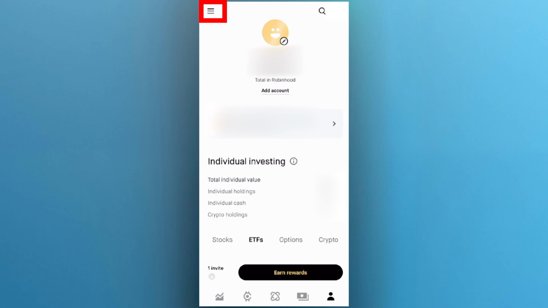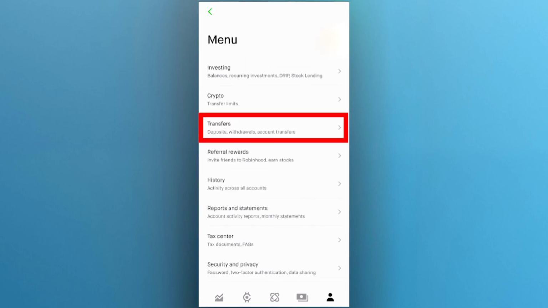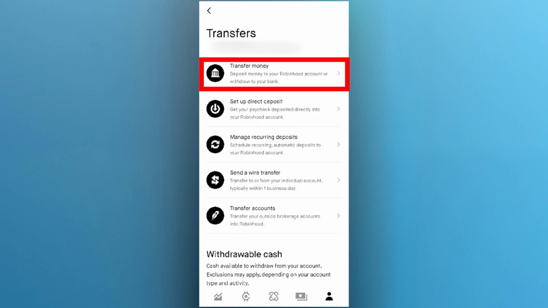Now, when you click on this three-lined icon, it is going to take you to another page where you will see the menu. In the menu, you'll have to simply click on the transfers option, that is the third option from the top. After you click on transfers, it is going to show you this page where it says transfer